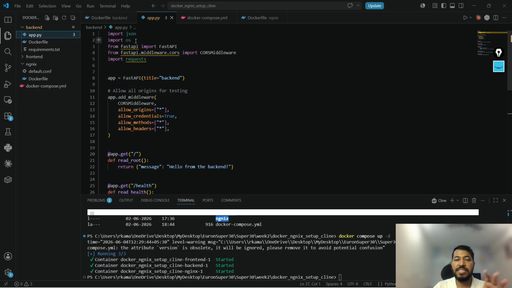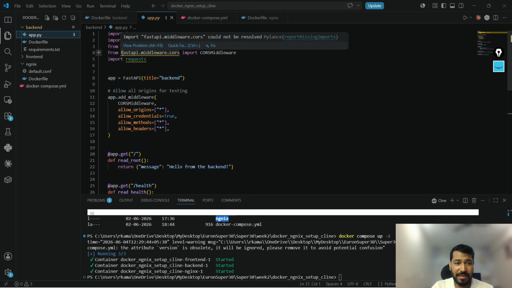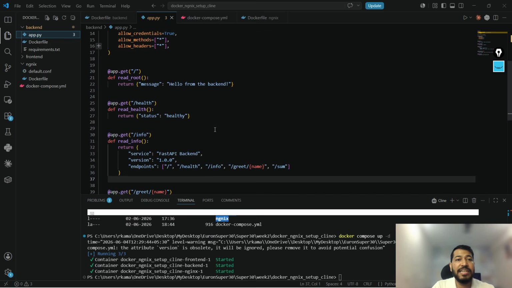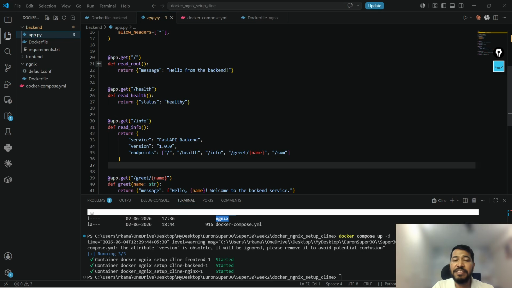So we are using JSON, OS libraries, and the FastAPI, which is pretty much important to create this API, then requests for the communication between the services, right? And this is how we can define the route or an API within the component itself. So here I'm talking about, sorry, a backend component. So inside the backend component, what all functions, what all APIs we can define as per the business need,